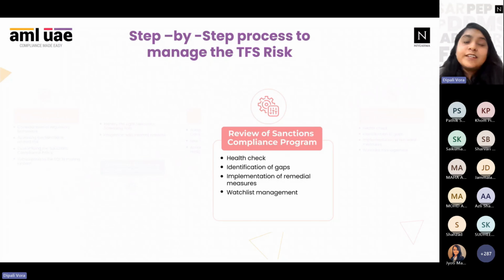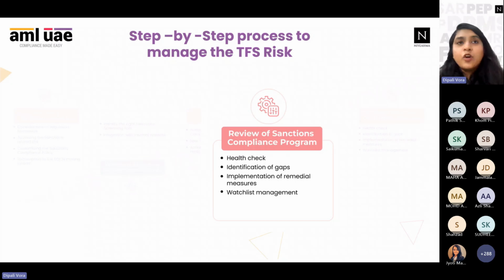So it is suggested to have a 3 month, 2 month or 1 month period, whatever is convenient for the organization, where you check your compliance with the sanctions requirement. You do a health check. In 2 months, you might come to know that you missed maybe 1 or 2, or maybe ongoing monitoring is not working as required. So you will have time to remediate that and also make sure that all of the required watch lists are covered. When you go for a software, they generally have a list of watch lists that they're going to cover. So that is also something that must be looked at when you are reviewing your compliance paper.